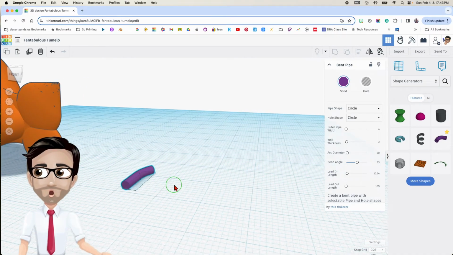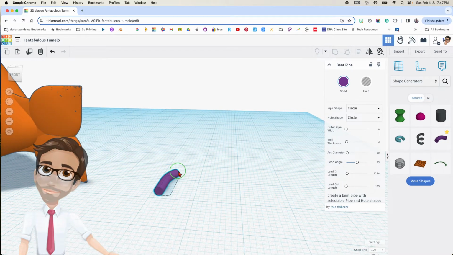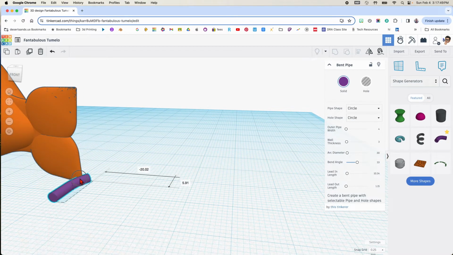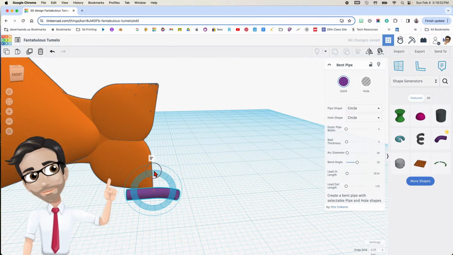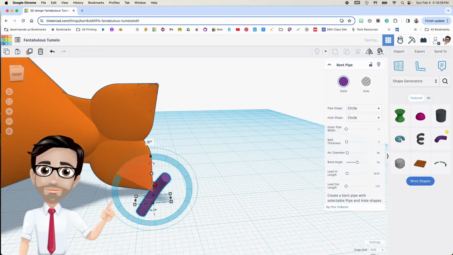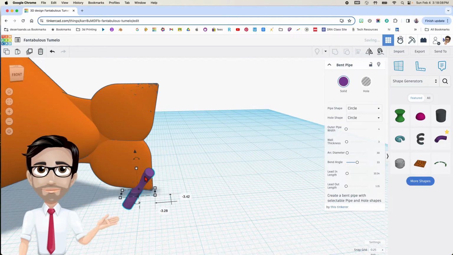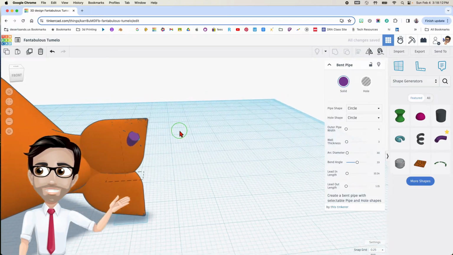So I'm going to rotate this 90. Let's see. Which rotation right here? So I want this to be over there. Well, yeah, let's just do that. Rotate it 90. And then 57 back. I believe 57. Let's see. And let's move this up. Yeah, that doesn't look right. So